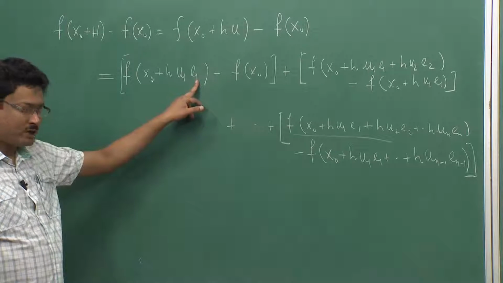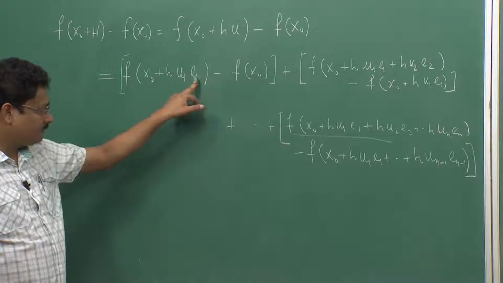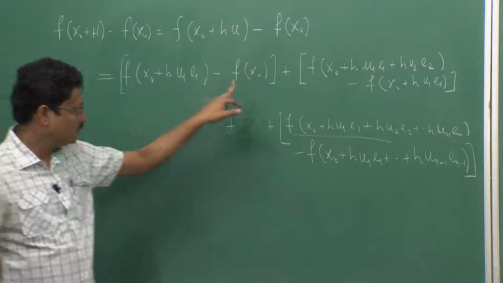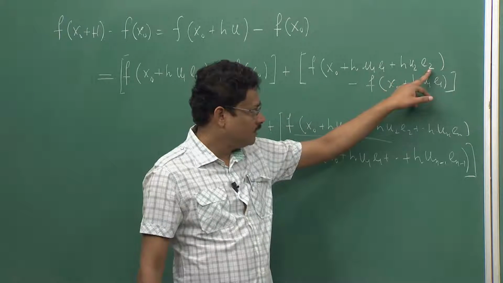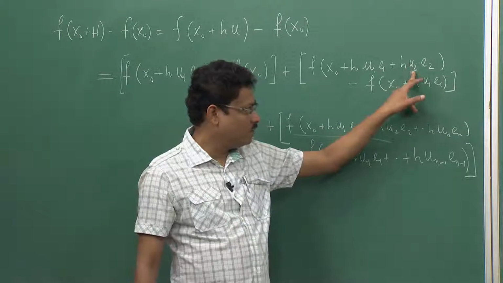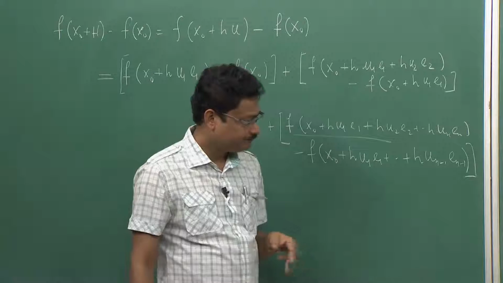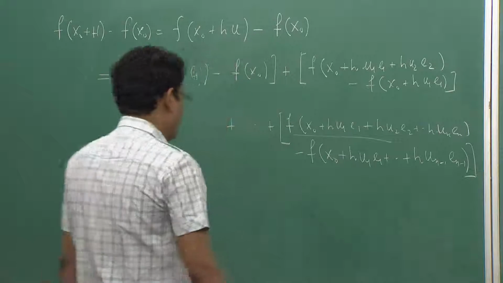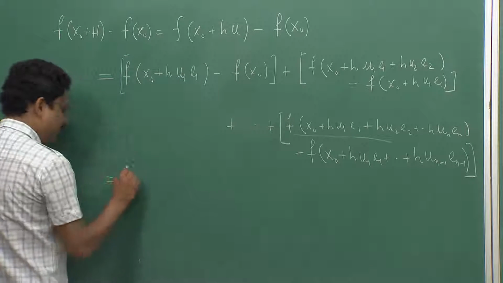Here, it will come as a directional derivative with respect to u1. Here it will come h of u1 u1, only u2 u2 comes, and a second derivative will come. So I can write it in this form. Let me write it in a compact form: